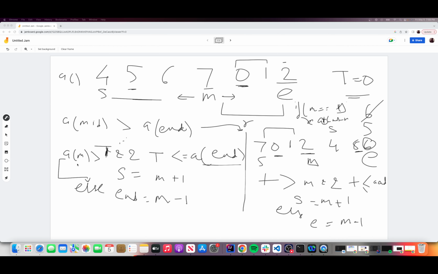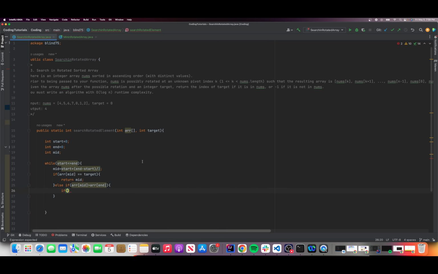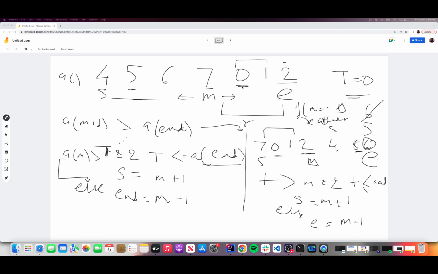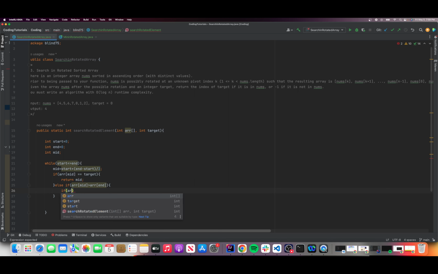If the target, for example, is 0, in this case, if ARR of mid is greater than the target,